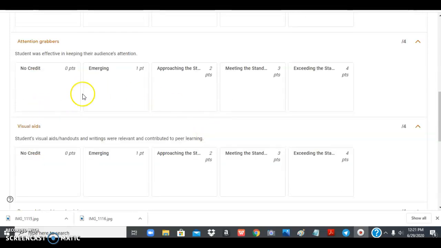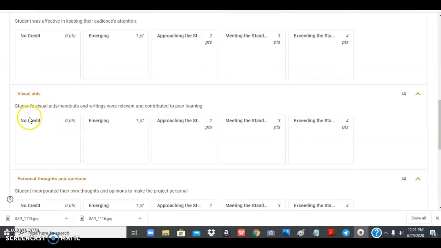All right, and then here, the student's visual aids, handouts, and writings were relevant and contributed to learning. Make sure that your drawings are presentable, okay? Not just because you want to finish it.